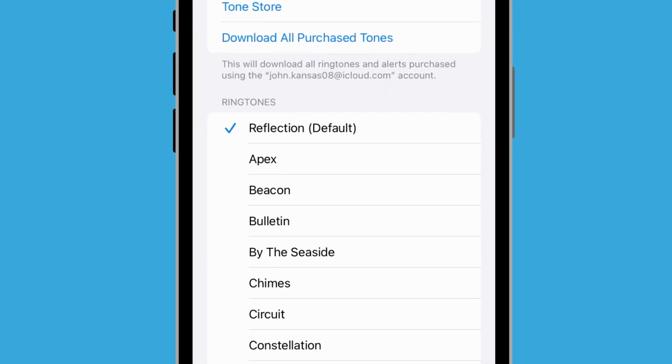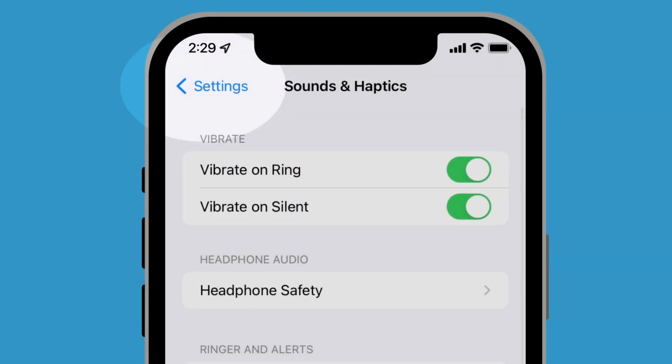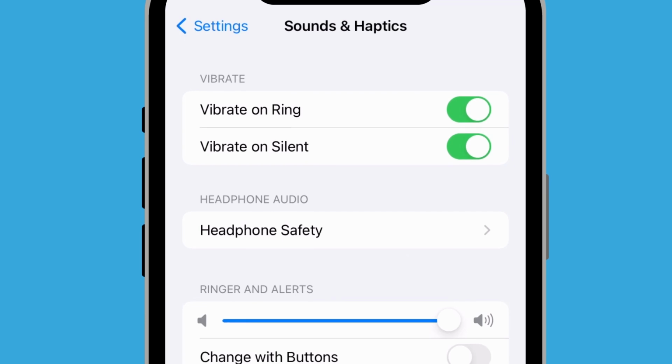When you find one you like, tap Back at the top left of the screen to set it. This also takes you back to the Sounds and Haptics menu.